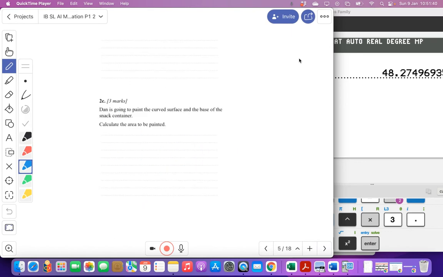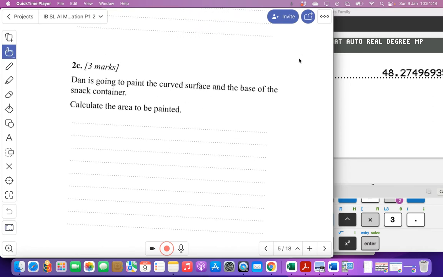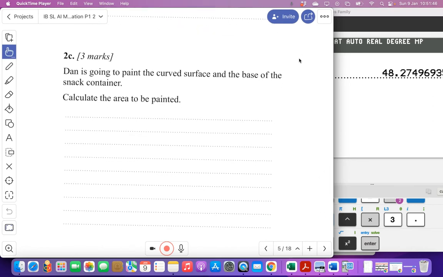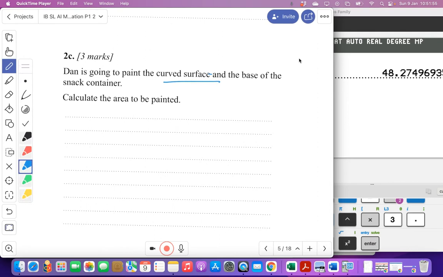Okay, and then next they want to know basically the total surface area of this cylinder. So we're going to add the curved surface together with the base of the snack container. Okay, well, the curved surface,